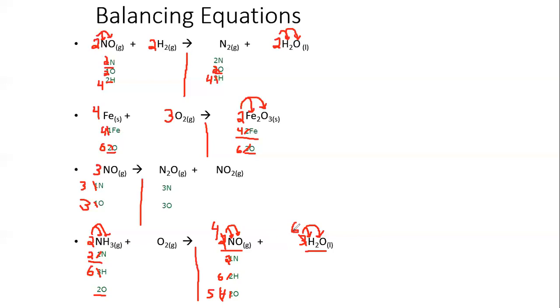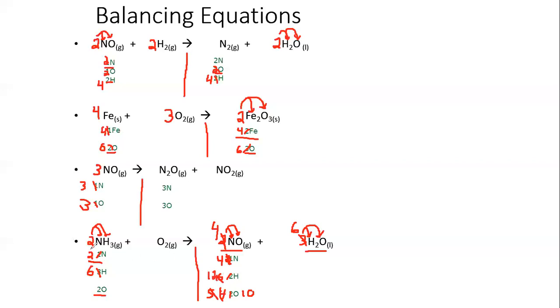The reason I'm doing this again is because we had 5 oxygen. If I double it, then we get 10 oxygen. And so now we have an even number of oxygen. Now, of course, our nitrogen and hydrogen have changed. We have 4 nitrogen and we have 12 hydrogen, but we can balance those again,